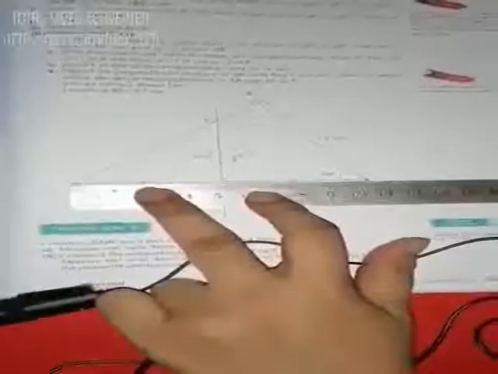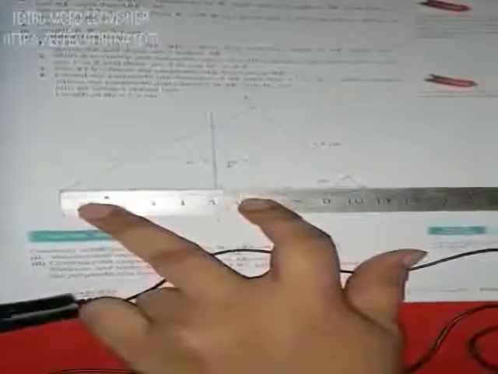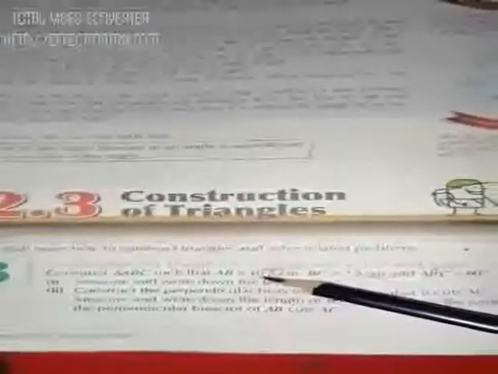So dear students, in the construction, we will draw its base first. It's AB. First of all, we will draw the line segment AB of 10.5 cm. This is our very first step, students. When you are given two sides and an angle, our first step will be to make the base of the triangle. Let AB be the base of the triangle. It's 10.5 cm. Let's draw it first using a centimeter ruler. See here, this is 0 and this is 10.5. I'm going to draw 10.5 centimeters.